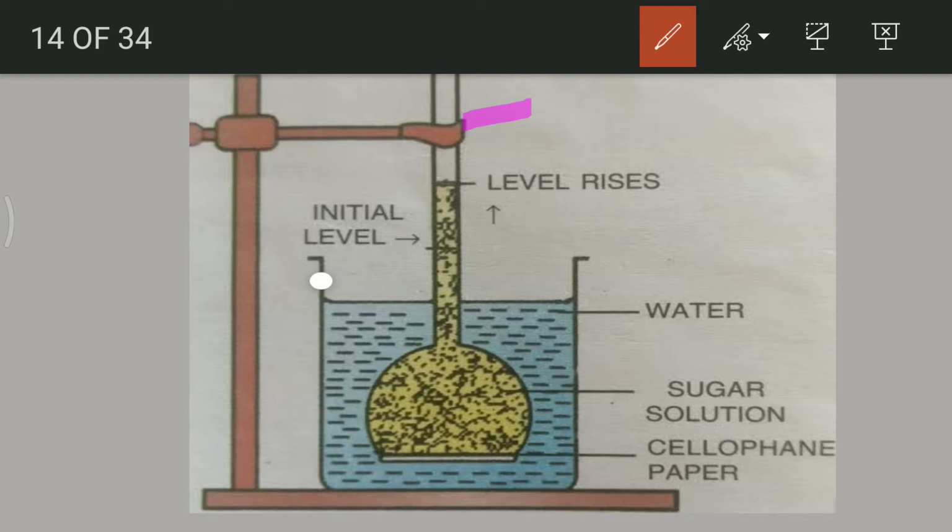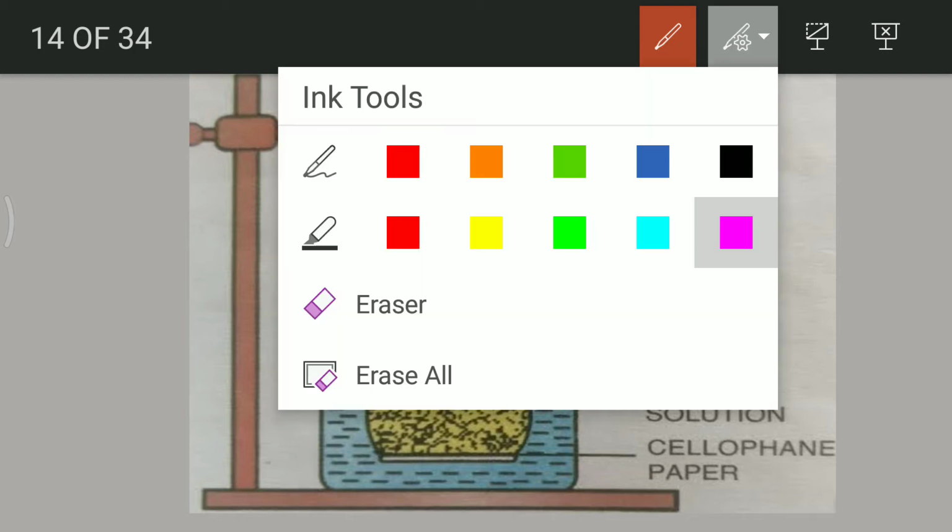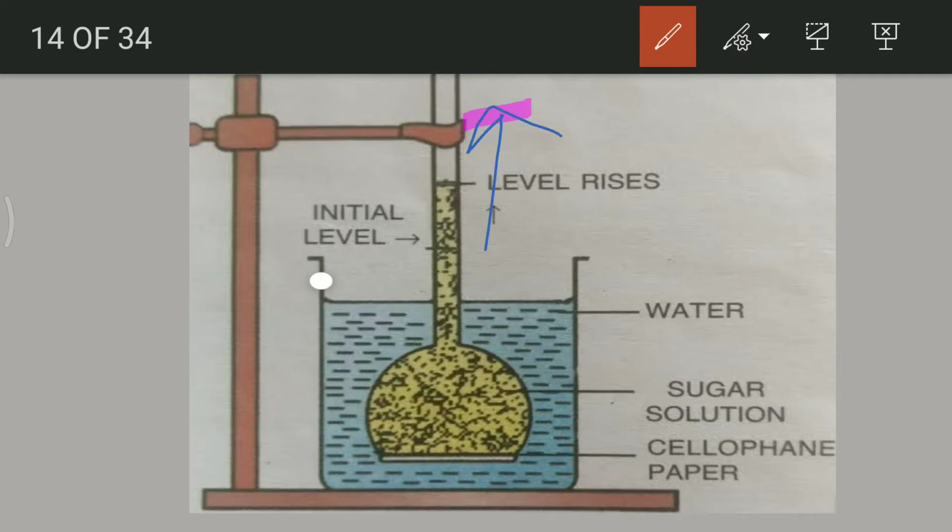Cellophane paper acts as a semi-permeable membrane, allowing only the movement of water molecules. So the water molecules from the outside tend to move in, because the sugar concentration in the yellow fluid is much higher as compared to the outside pure water, and because of that we see a rise in the level of the thistle funnel, giving us an idea that water moves from higher concentration of water to lower concentration